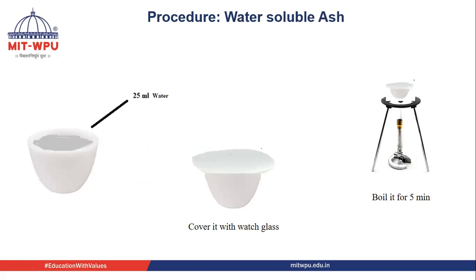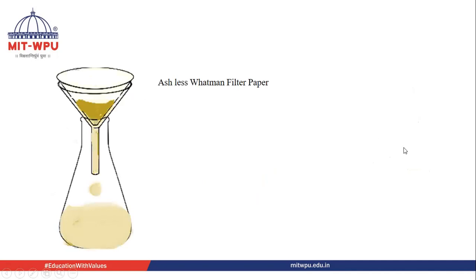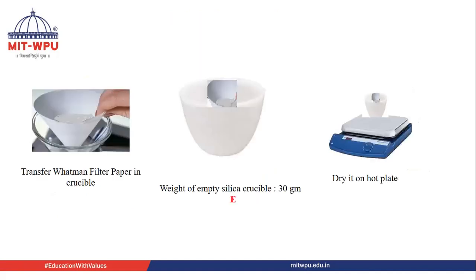So the same way, I need to take the total ash. I took the total ash, and here I am adding 25 ml of water. I will be keeping the watch glass over it and boiling it for 5 minutes. Then the same way as I did in the acid insoluble ash value, I have to filter it. So ashless filter paper I have to use. So after filtration, remove this Whatman filter paper, keep it into this empty silica crucible, and before keeping it, we have